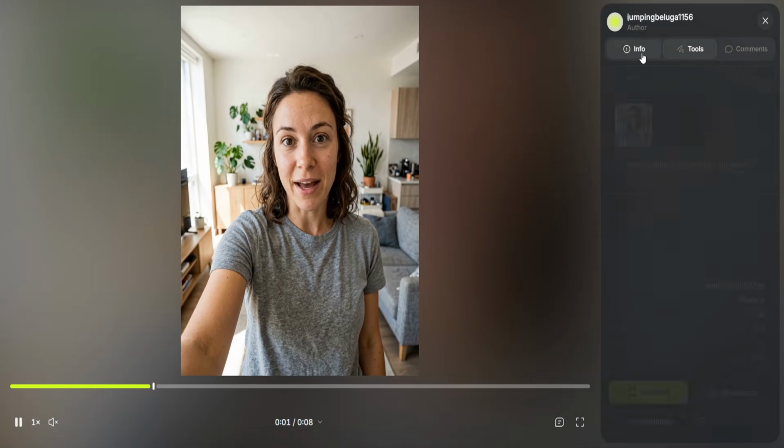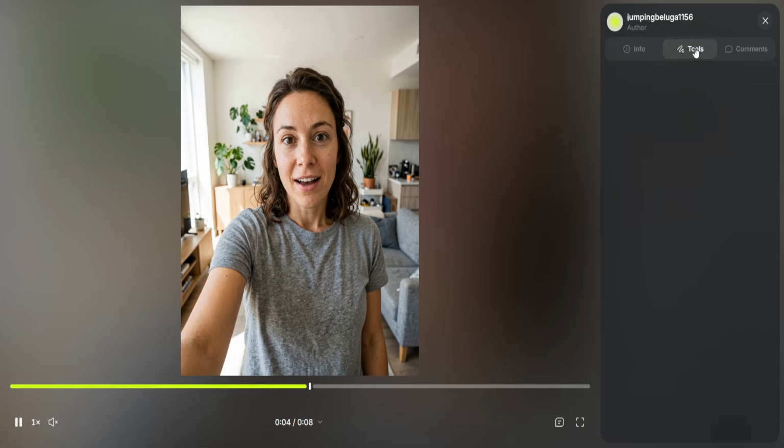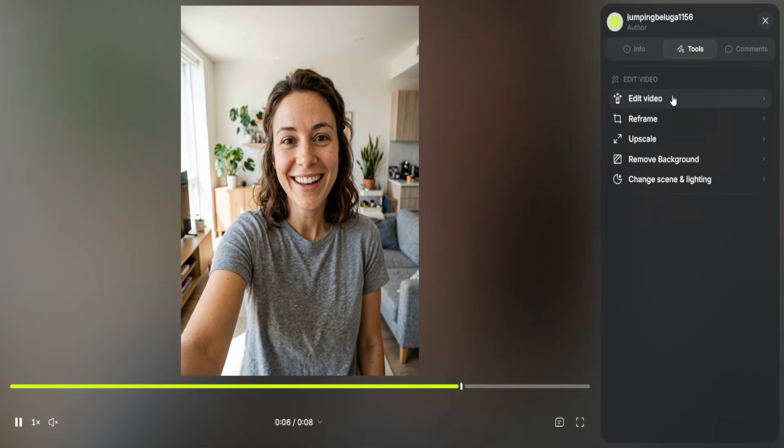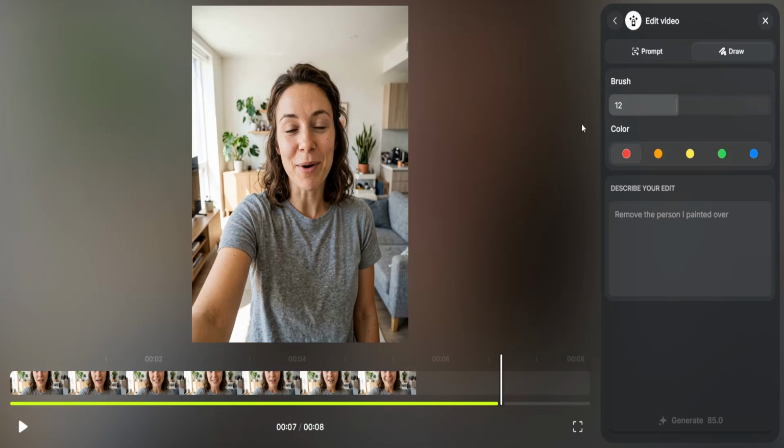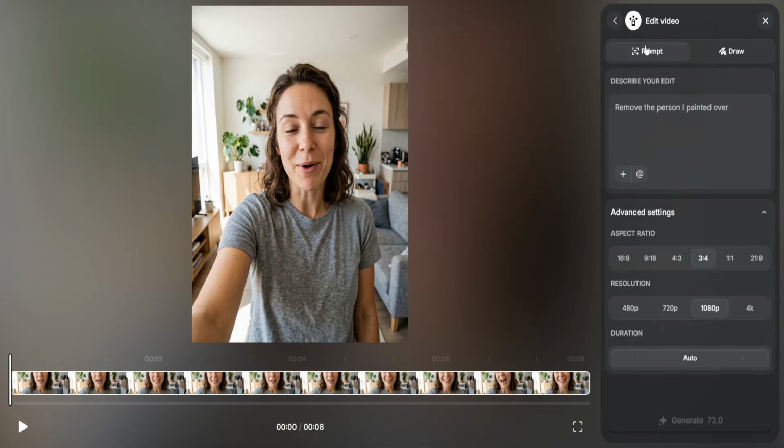Once you click on open, you will be on the info page. You want to go into tools and select edit video. Now, what we have to do is go into prompt, and right here, you can go and add your video